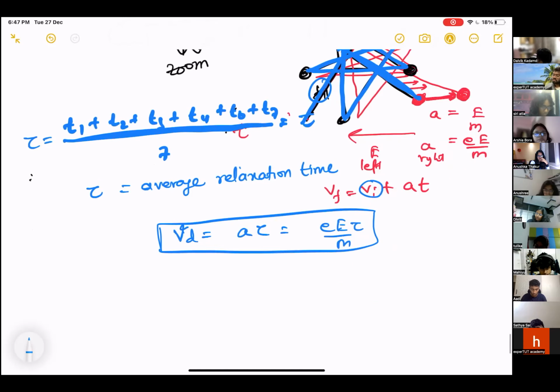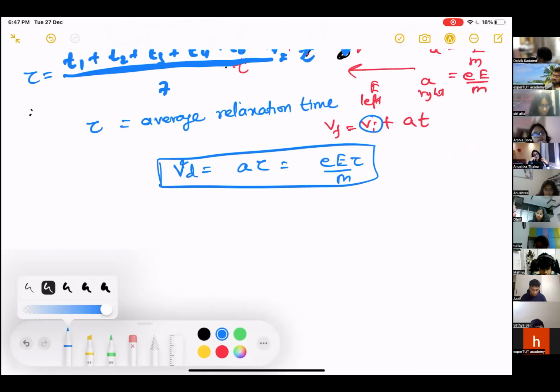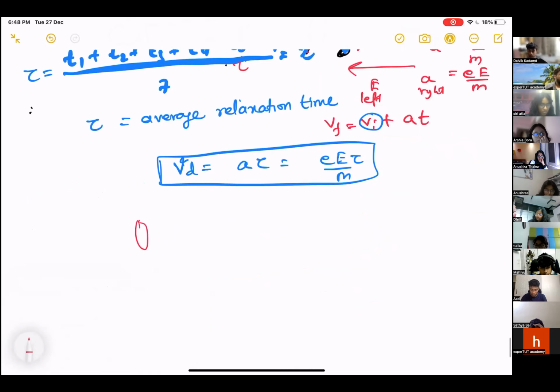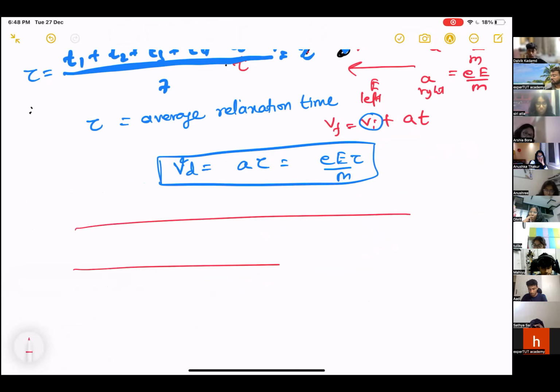Now see the logic, there is one relation to find current from drift velocity. Suppose there is a wire, so this wire is going like this. Then you take a cross section of this. The drift velocity of electrons is, let's say, Vd. So electrons are moving with Vd, right? In time delta t,